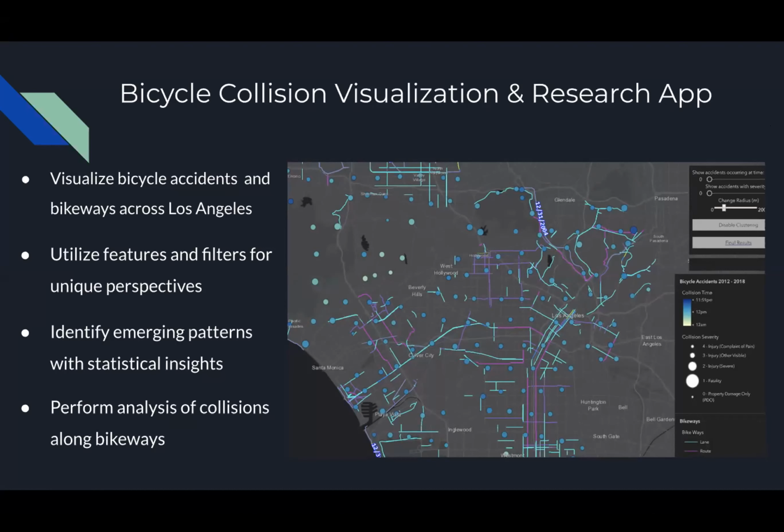Another project we worked on is the bicycle collision visualization and research app. This was built with the ArcGIS JavaScript mapping and data visualization framework, along with Node Express JS and